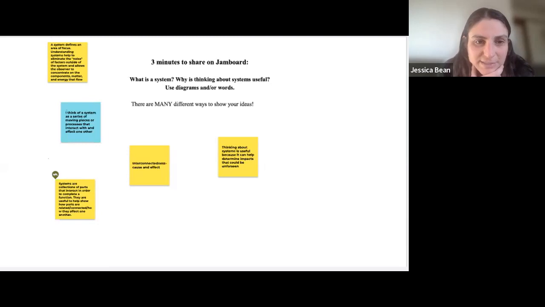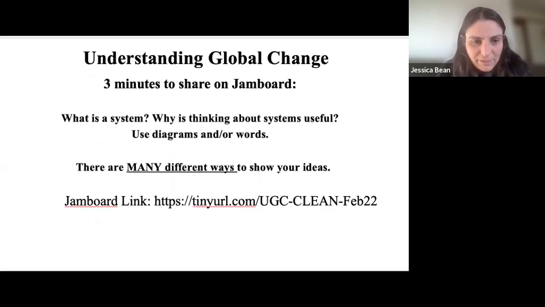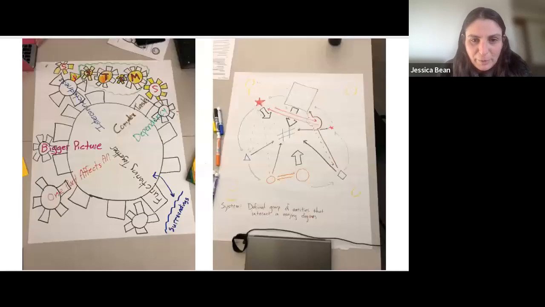So understanding systems helps eliminate the noise of factors outside of the system and allows us to observe or to concentrate on the components that matter, the energy that flows. Interesting. Okay, awesome. Wonderful. So again, lots of great ideas here about what a system is and why it would be useful, everything from understanding interactions to making predictions. And I just want to show you really quickly that